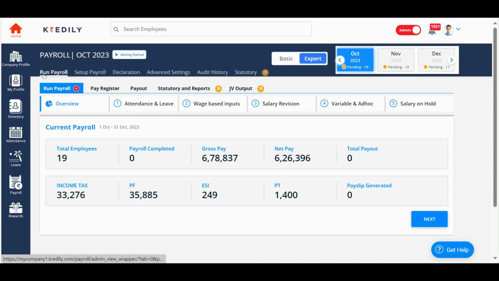And to run payroll, let's navigate to the run payroll section. The first thing in run payroll is the overview. The system displays all the information and analytics that you need to understand before you process payroll for any given month. It is showing the number of employees that you're going to run payroll for, the total gross pay, net pay,